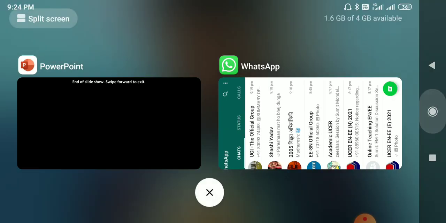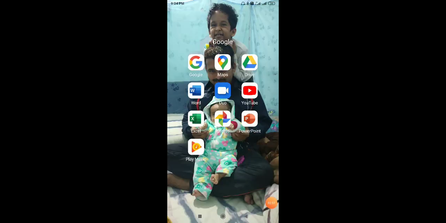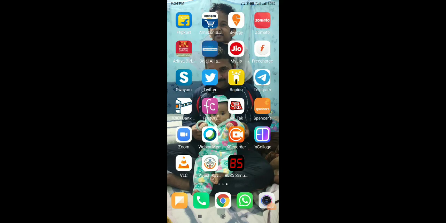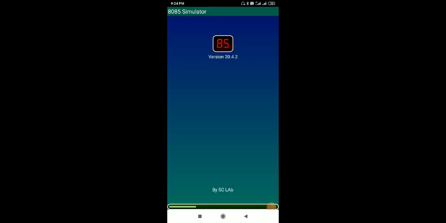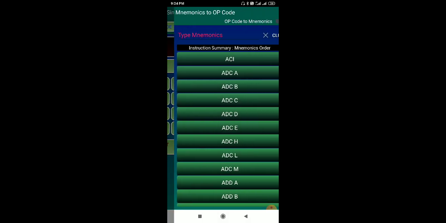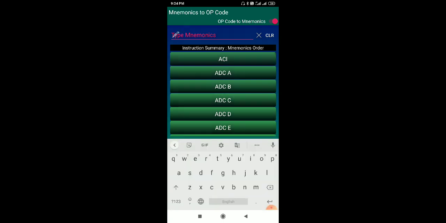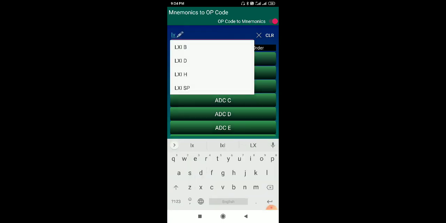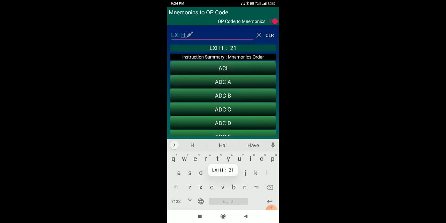Here we have the 8085 simulator. It has an instruction box where you can type LXI H, and here it is 21.